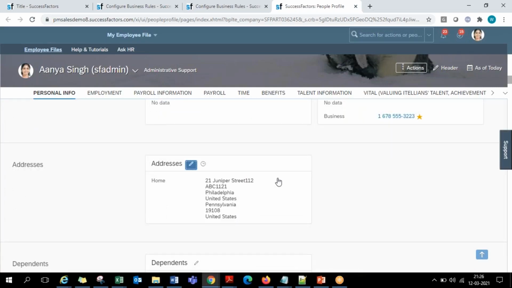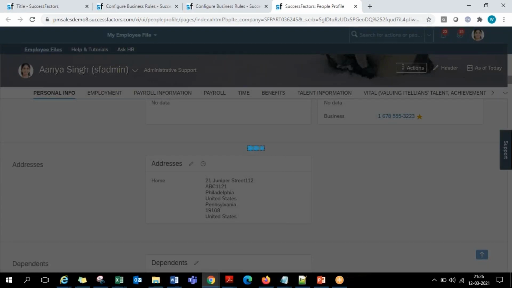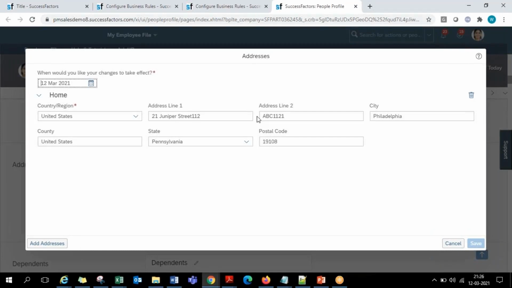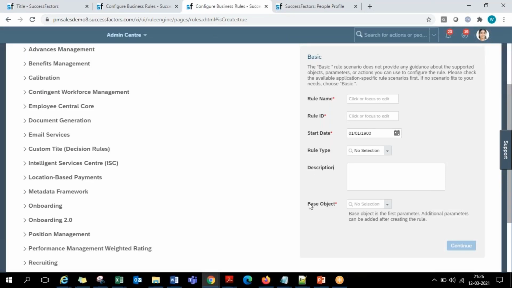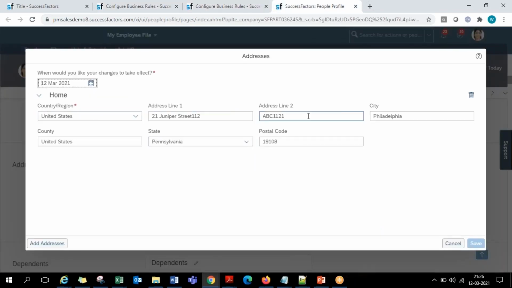Whenever I'm editing this address, if my change is on any of these fields, then as per this rule, what you see here is the base object, the normal version or the modal version. We have two versions. Just start typing the portlet name as address, the normal and the modal one. When you're writing the conditions, if your condition is regarding the data in any of these screen fields, then you use the normal version.